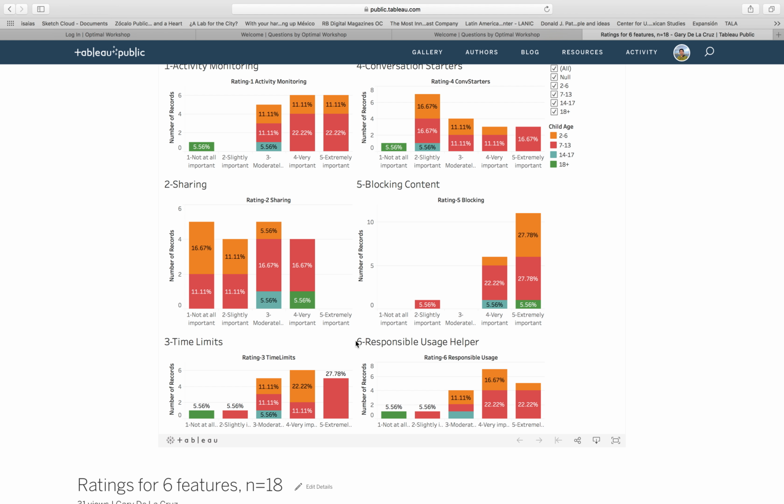And then the next question is where we asked them to rate if there was a feature that helped them do that. So we asked if your child's favorite digital media platform had a feature to help your child understand your expectations and rules about responsible media usage, how important would you consider this feature? And so this came across as pretty important from the results we see here.